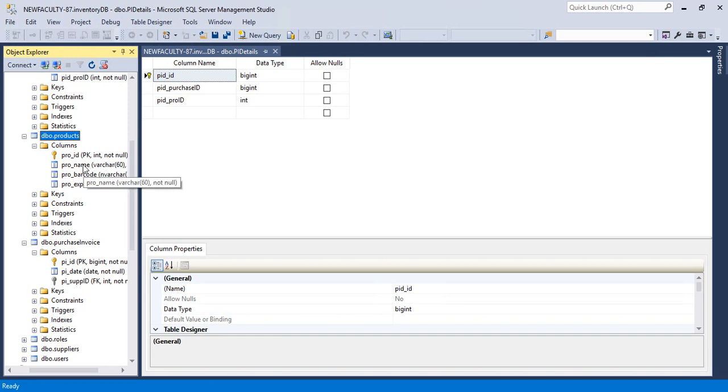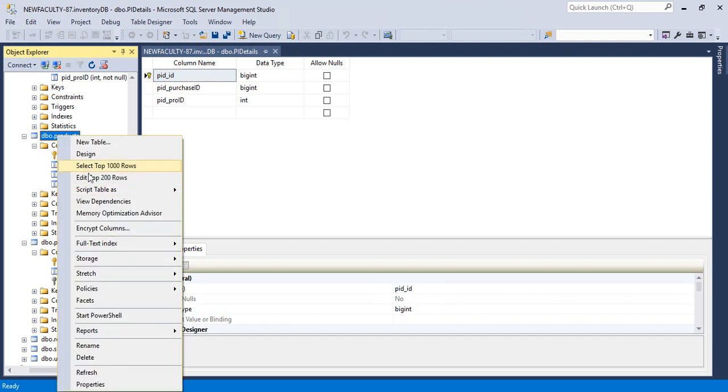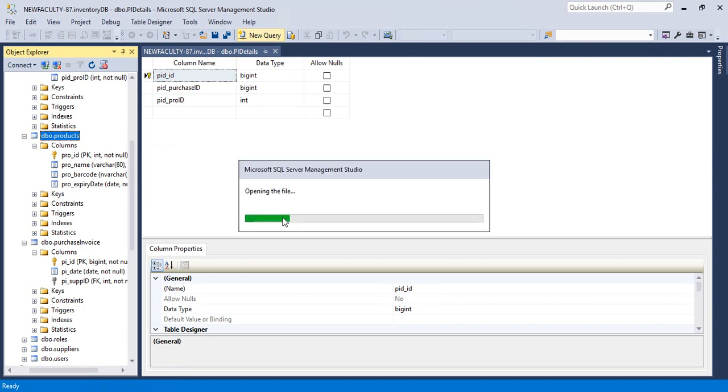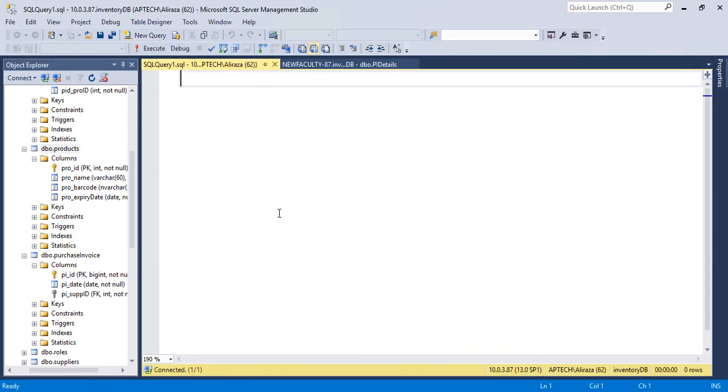In products, you have the name, the barcode, the expiry, but how can you add this? You have to mention one thing here, that is the product is coming in pieces or cartons. So you have to add 2 columns. Right click, or you can create a new query. Let me add a new query for that. Writing a query is much more beneficial than going to the designer. So alter table, what is the name of my table? That is products, okay,